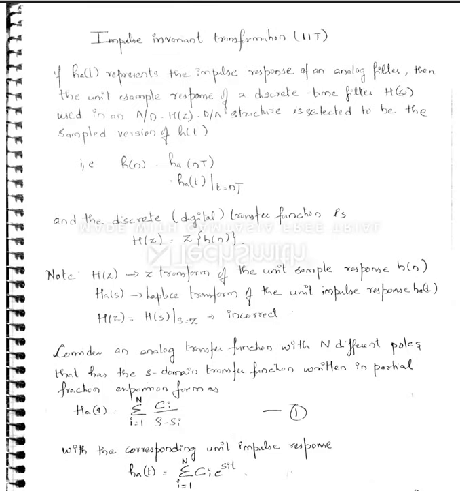Okay, so one more method apart from bilinear transformation to convert an analog filter that you have designed to the digital one is nothing but your impulse invariant transformation. Earlier we had seen bilinear transformation. This is another method to convert your analog filter into the corresponding digital one, that is, H of s